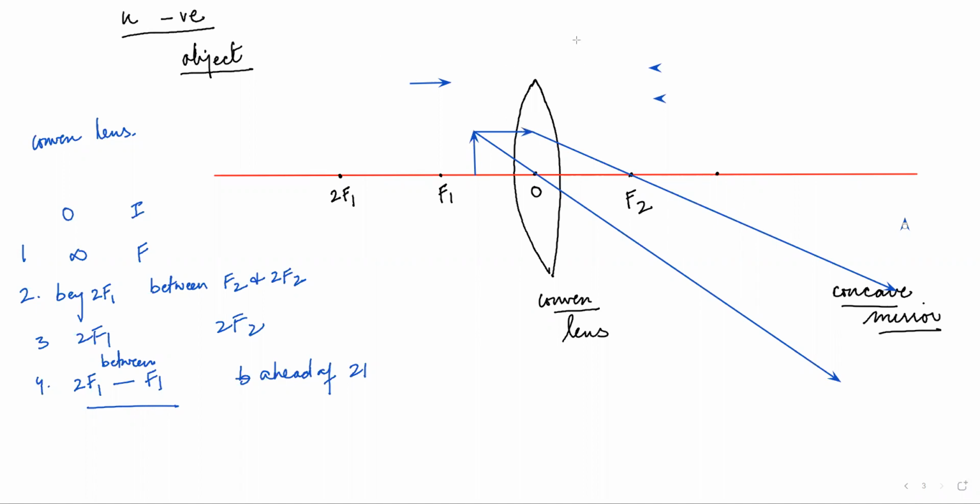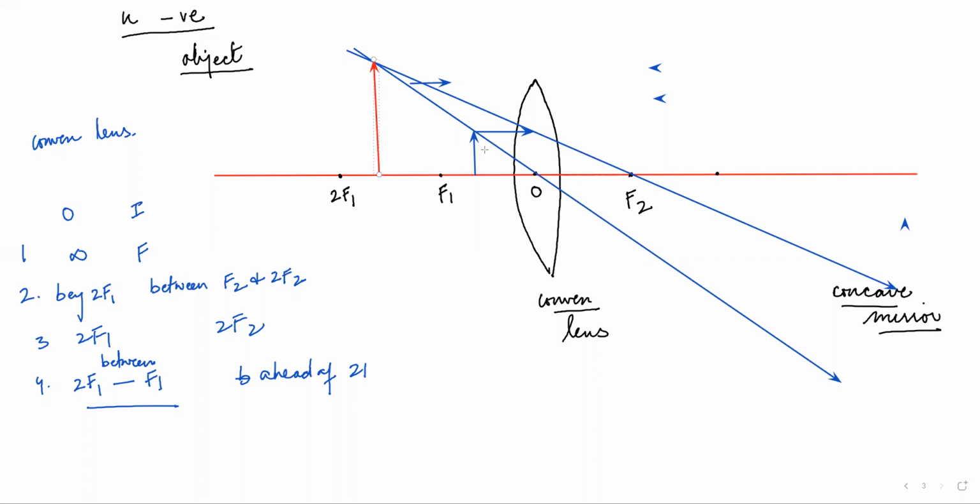So I am using red color to extend them backwards. No, I'm not able to use red color, it's showing the same color, but it should be a dotted line. I'm sorry, I'm not able to draw, but you should draw. When you take back, you should draw a dotted line. You see, students, these two rays, when they are produced backwards, they are meeting here, exactly. You see, all the answers are coming correct. This is the image.